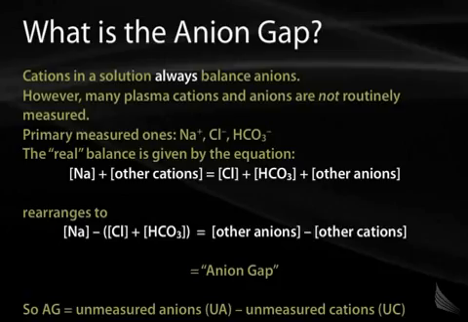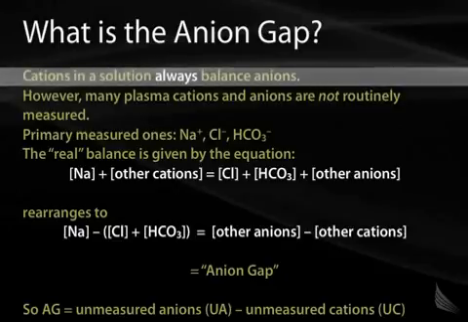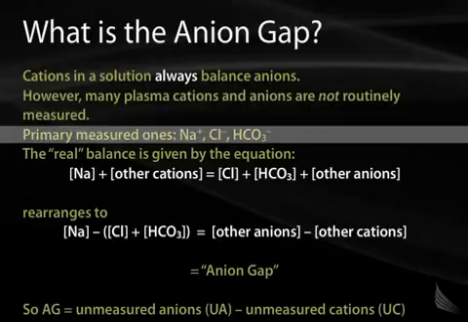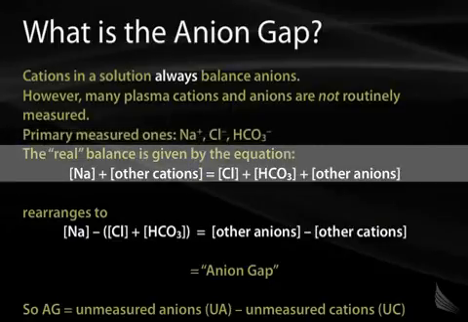What is the anion gap? Remember that the cations in the solution always balance anions. The human body blood is not charged. However, many plasma cations as well as anions are not routinely measured. The primary measured cations and anions are sodium, chloride, and bicarbonate. The balance of cations and anions